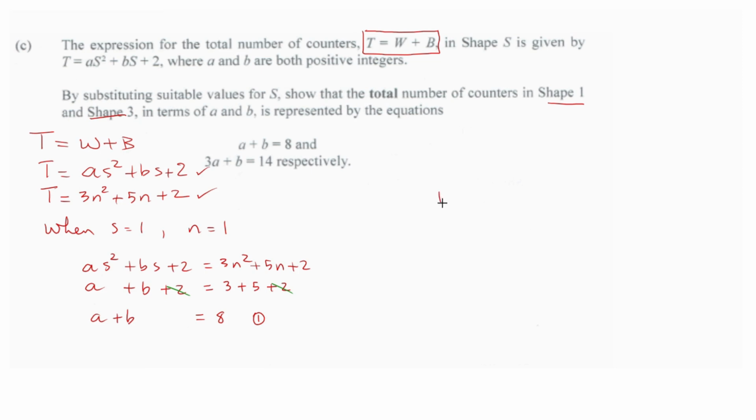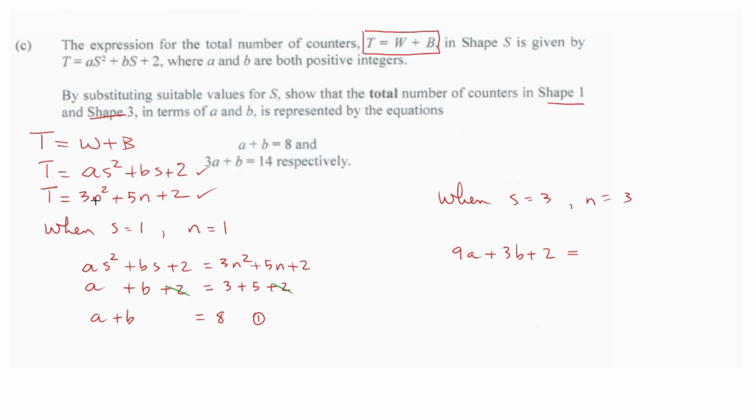So let's write when n equals 3. And we're going to still use these two equations here. We're using this one and that one, okay? 3 squared, that's 9, times a, that's 9a, plus 3 times b, that's 3b, plus 2, and that is equal to